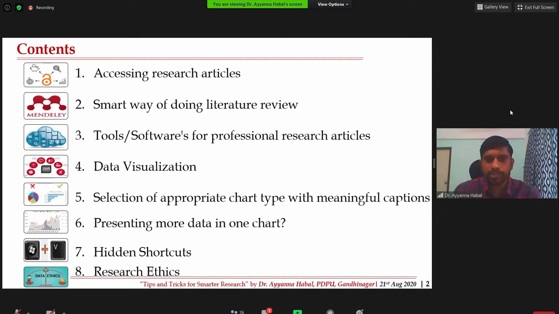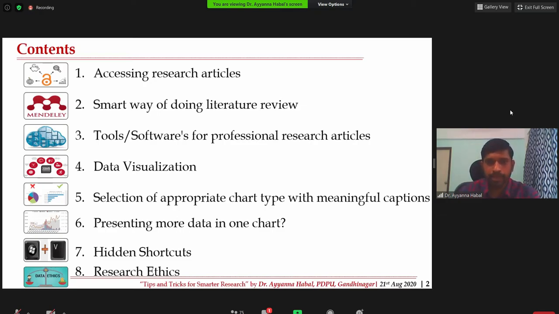And data visualization, how to visualize data, how to present our research data, which are the tools needed and in what way we can present these things. I'll be explaining. And then followed by selection of appropriate chart type and meaningful captions, which is very important when we convey our research in a written form, and presenting more data in a concise manner or single charts.